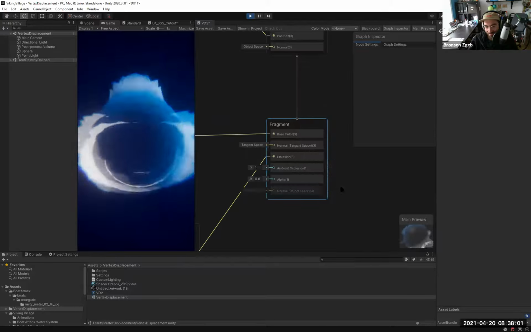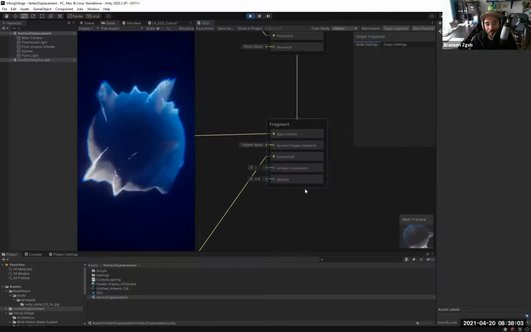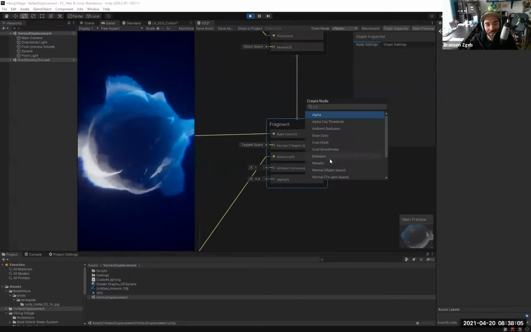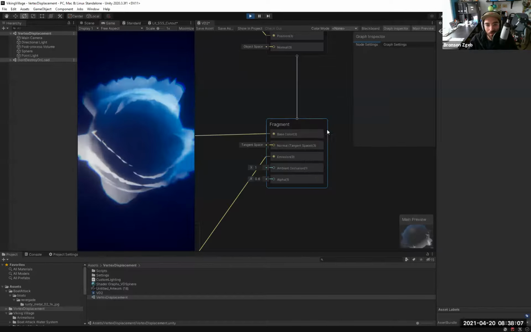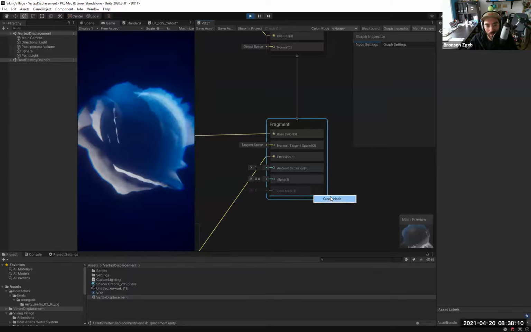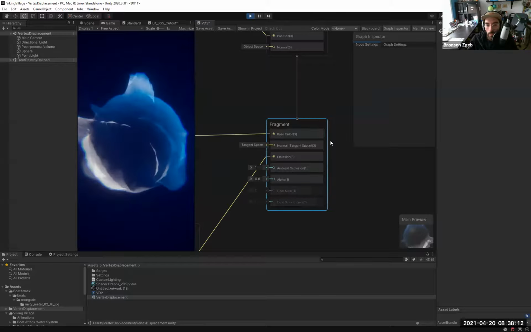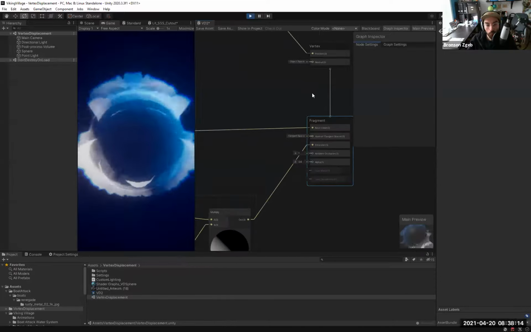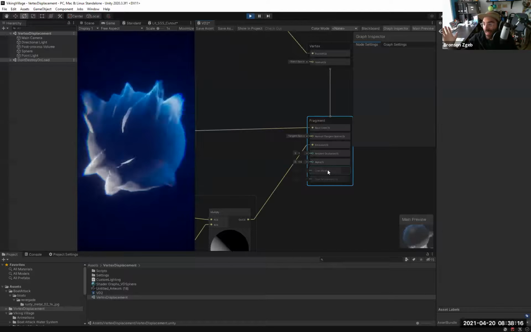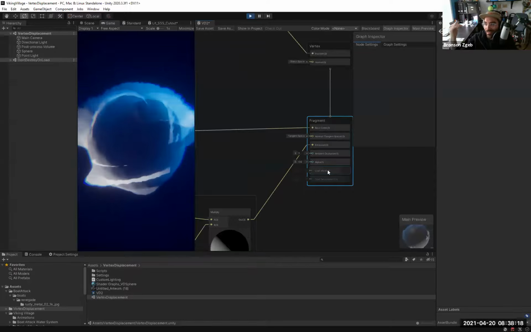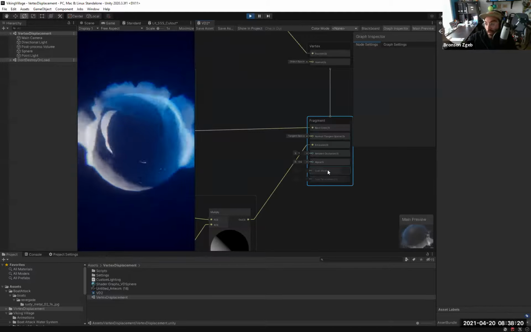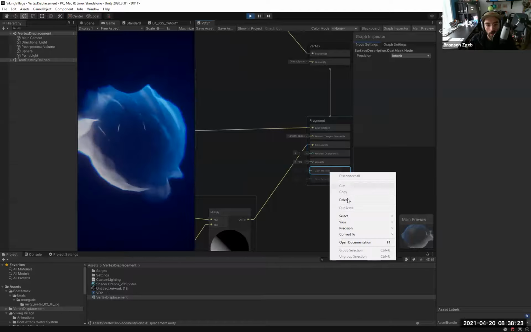Or you have the coat stuff now because we have clear coat available in URP. So the master stack adds some nice UX improvements for working with what used to be the master node, your outputs.